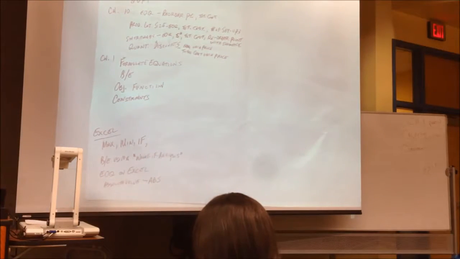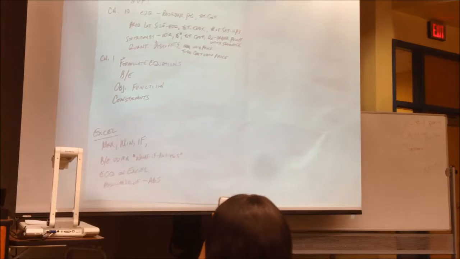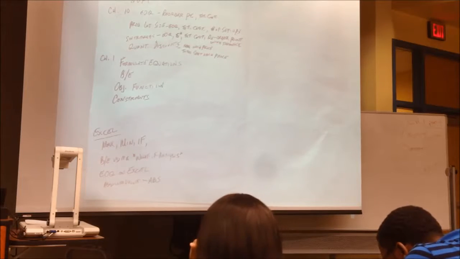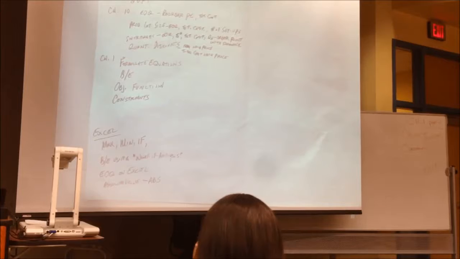So let me quickly get out of the way first. Chapter 13, we had five basic subjects: the maximax, the maximin, minimax regret, EV, which is expected value, and EVPI. Chapter 10, those four inventory models: EOQ, production lot size, shortages EOQ, and quantity discounts. Chapter 1, formulating equations. We focused on reading sentences and turning them into break-even equations. And today we're going to cover objective function constraints, which is really the building blocks of linear